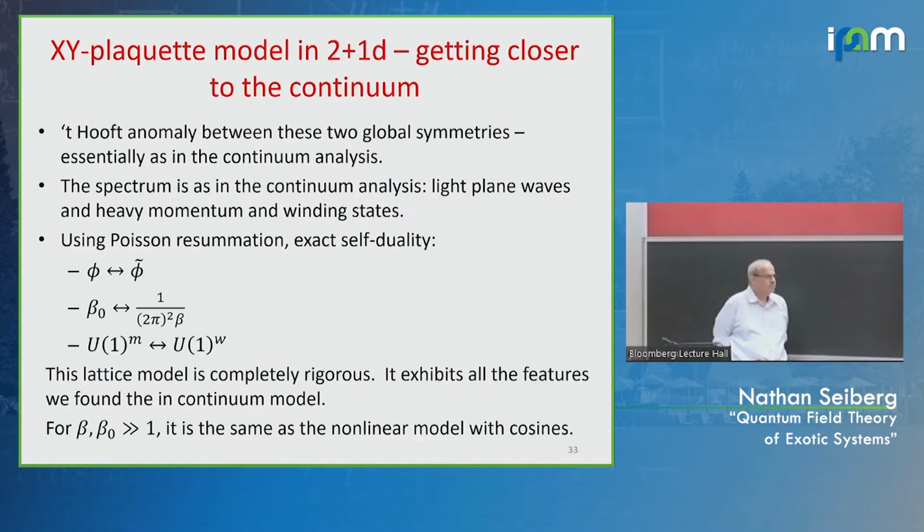Nadia, I actually have a question. So you did all of this in the Euclidean lattice formulation. Is there a Hamiltonian version of this model that has these exact symmetries? Yeah, so you can do that in the Hamiltonian formulation, but it's a little bit more writing because here time is discrete. So I can try and take the continuum limit in the time direction without taking the continuum limit in the space directions. That takes a little bit more writing, but it's clear that it's right in the following